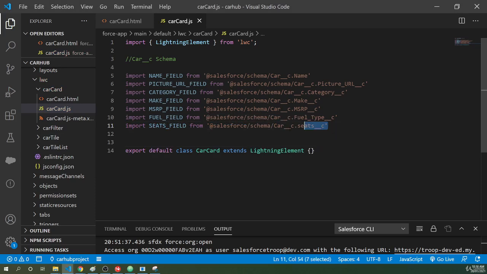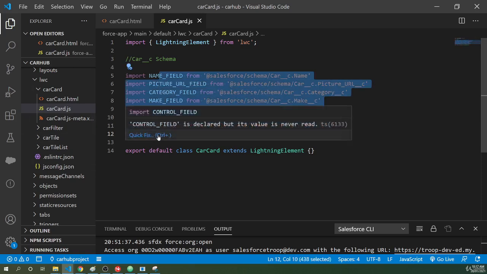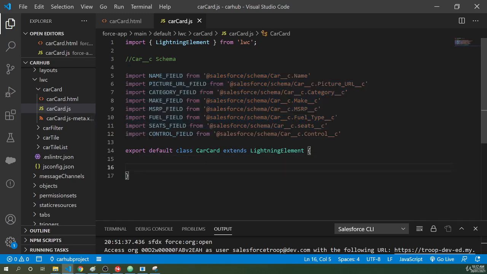And the last field that we are looking for is the control field, like whether it's automatic or manual, and the API name is control underscore c. So now we have imported all the fields that we need to show in our card, and now let's go and map these fields to the property,